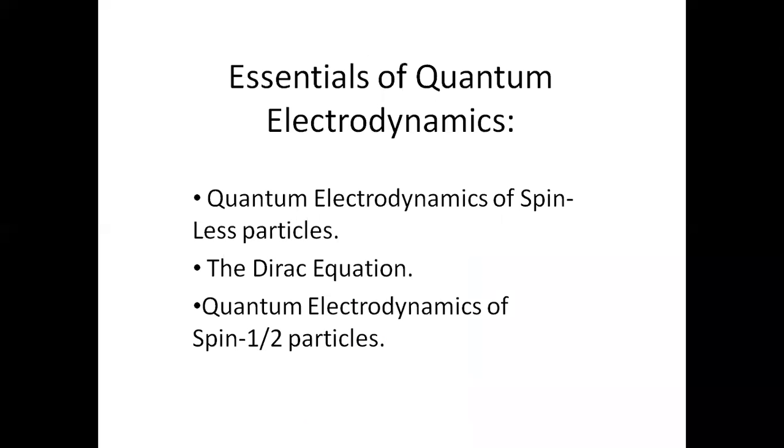Okay. So quantum electrodynamics is basically divided into 3 major portions. First is spinless particles. So basically, what are spinless particles? Spinless particles are particles whose quantum fields are scalar in nature. They are neither vectors nor spinors. I will explain what a spinor is to you, but the fields are simply functions of space and time with no other vector nature or spinor nature. So this represents a spinless particle.